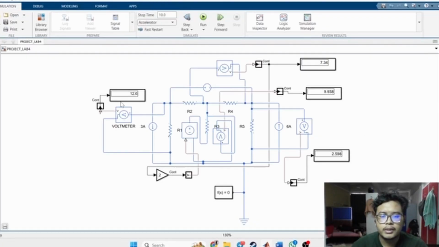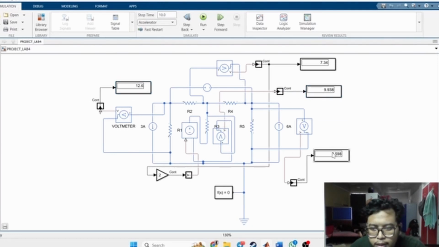From this part, this is the first simulation. From next, V1 I get 12.6 volt, and then V2 is 7.34 volt, and V3 is 2.598, and V4 is 9.938 volt.